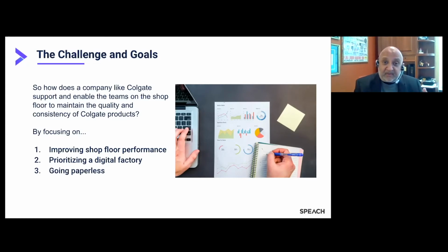Another new challenge is how do we prioritize a digital factory, and then in terms of going paperless, how do we get away from everything that historically has been pieces of paper used on the shop floor to a digital paperless factory. As we think of the challenges that we have, we think of how we're making the difference in the manufacturing side. So as we think of a framework for manufacturing, Greg, we've created this one slide